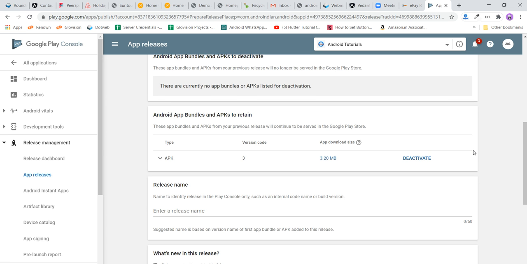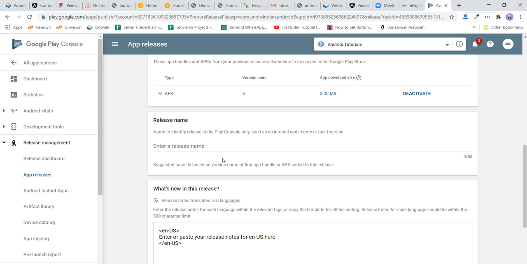Once you deactivate this, in place of this, the older APK should automatically go live, because whatever APKs you have uploaded as of now, whether it's 10 or 20, all APKs are available here. So the immediate lower version should come live. So this is how to update or how to deactivate a new version of this.